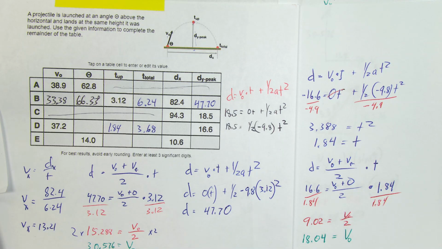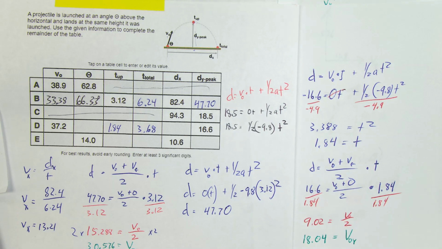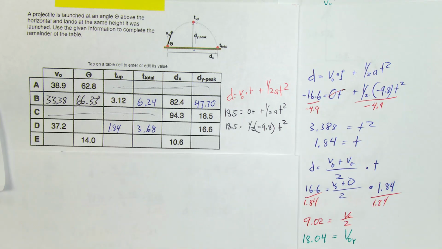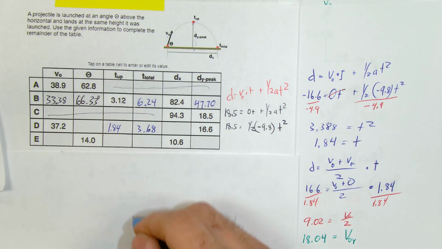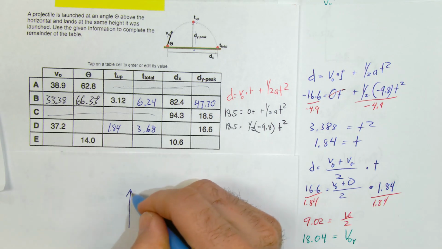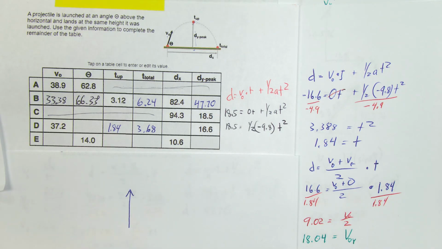So I've solved for the unknown with the velocity. Hopefully that makes sense to you. And this gives us the velocity. And again, we want to think about this being on the y-axis. This is everything happening on the y-axis here. So we're not quite done yet, but what we do know is, and let me grab another piece of paper, we do know we have a velocity on the y-axis